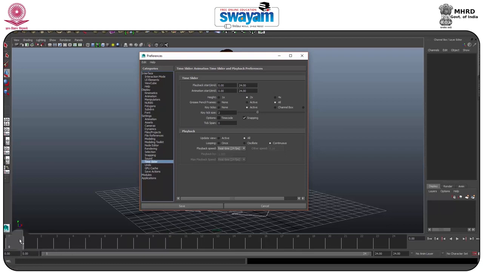So in this way you have this part which is activated and key ticks, and the channel box. You can select between key ticks, channel box and activated, and here you have the key tick sizes. So you can increase or decrease the sizes. I just put it at 2, and here you have the